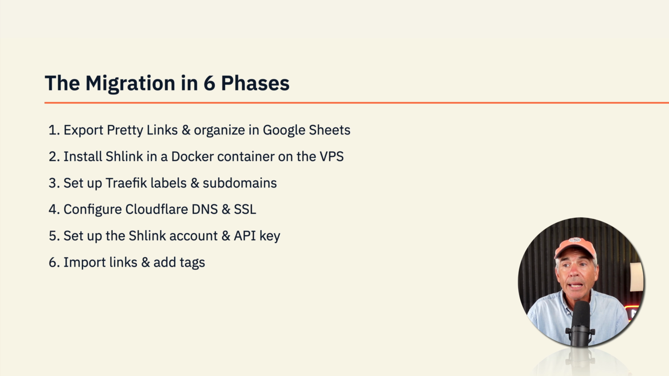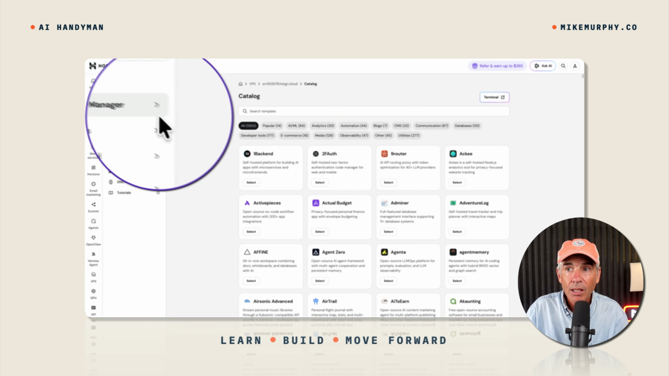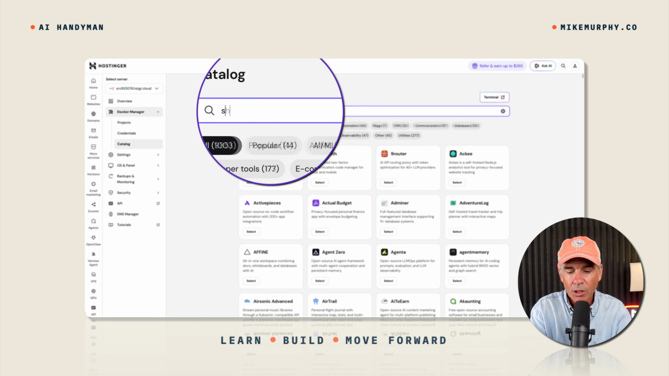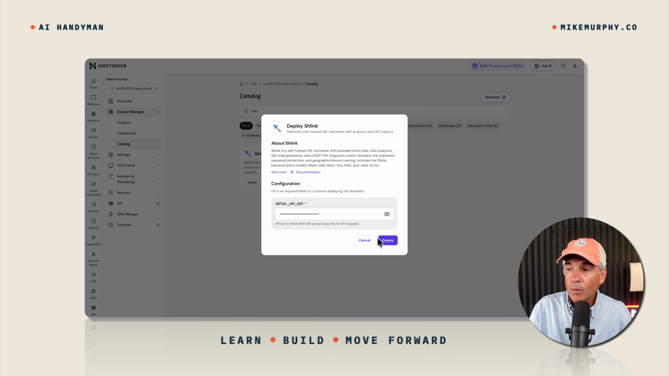Phase 2, install Shlink in a Docker container on the VPS. Now, Hostinger makes it really easy to install Shlink. You can go to the Docker Manager catalog, just do a search for Shlink, and there you'll find it. Click select, and all you need to do is click deploy, and Hostinger is going to install it for you